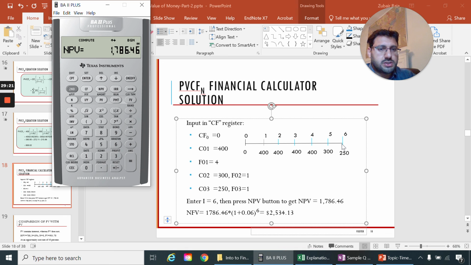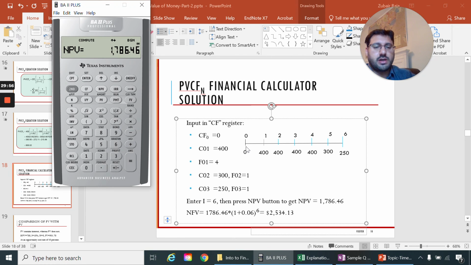But what about the future value over here at the end of the 6th period? One way is, if in your calculator you have net future value, you simply do the computation and you will get all the values of these cash flows at the end of the 6th period, right? But if you do not have this button, which basic calculators don't have, then do it manually. You multiply the 1786.46, which is the present value of all these cash flows, manually through the formula,